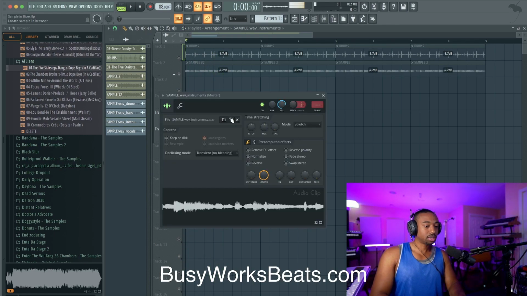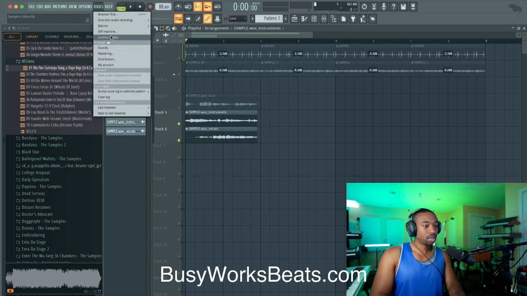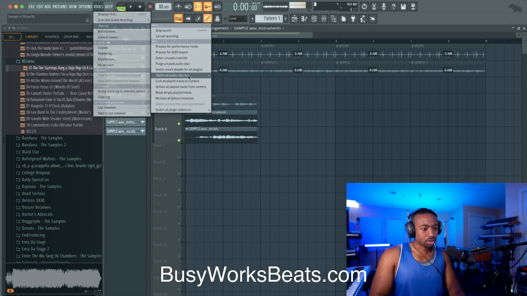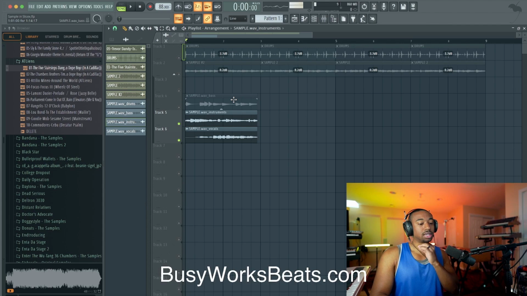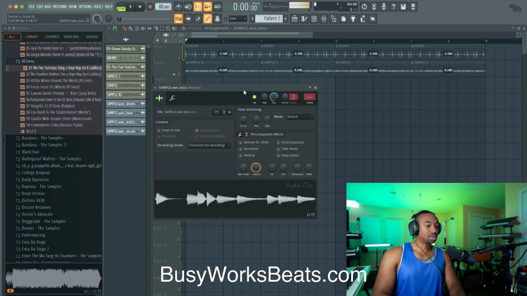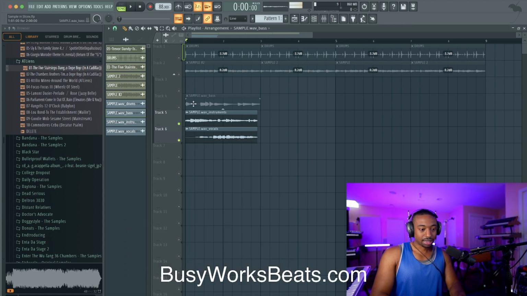So what we need to do first is double click. Actually, a quicker way to do this when you have multiple samples, go to Tools, go to Macros, and go to Switch all audio clips to real-time stretch. That will save you the step of time stretching each sample, but you still need to tell it how long to be. So double click in the sample, go to the time knob, and lock it to the nearest bar.